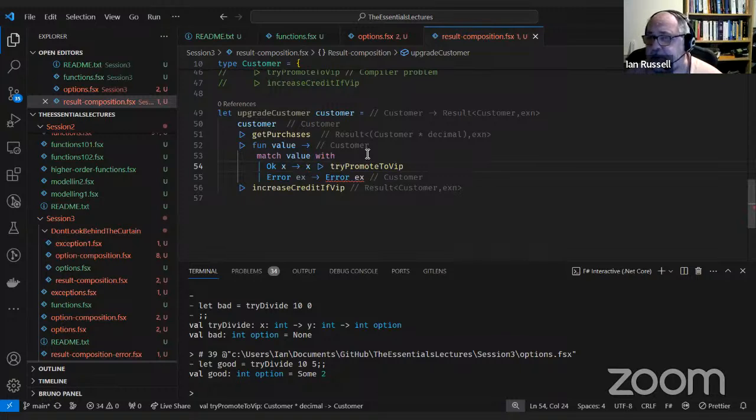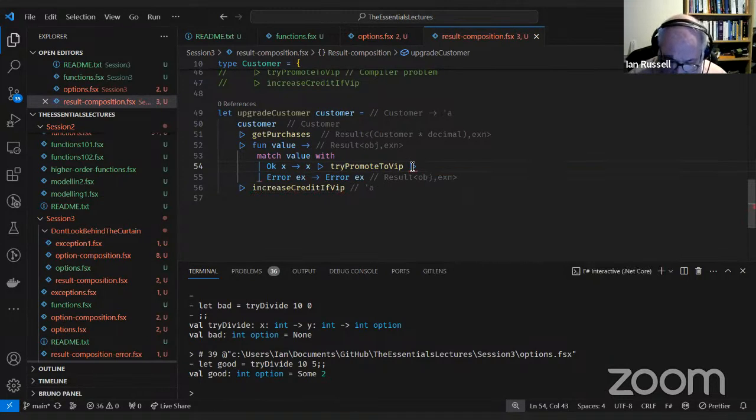And in this case, a match expression, each of the cases that you're testing have to return the same type. And because we're now in result world, we need to keep in result world. So if it returned an exception, we want to pass the exception down the line. If it passed the happy path, the success side, we want to actually run the function. But try promote to VIP doesn't return a result. So we need to wrap that up with an OK.